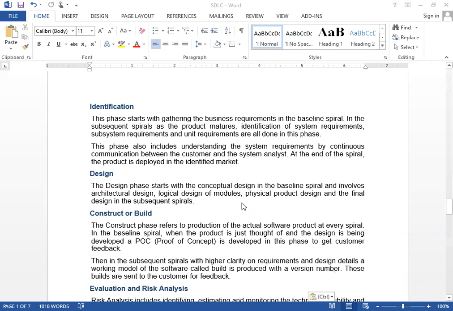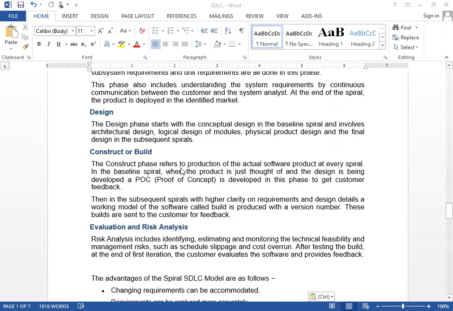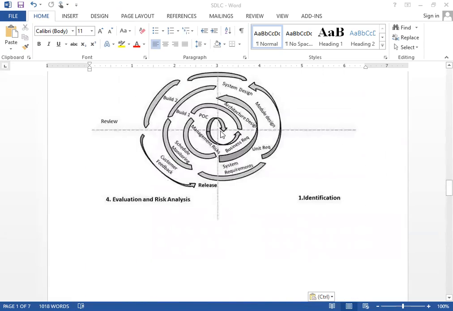In construction, it gives the proof of concept. That means it builds the working product, gives it to the customer, and gets the customer's feedback. If the customer is satisfied, then only it moves to the next phase. So it is known as the POC, that is proof of concept. Here we find the POC in the construction phase.